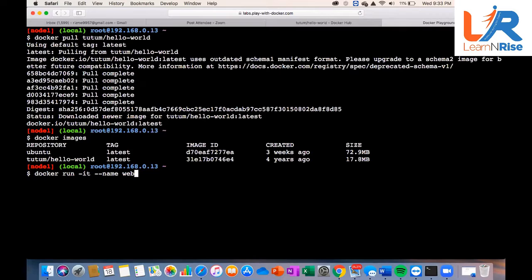Space. Now since it is a web server, it needs to run and be exposed on a port, like port 80, port 81. To expose this image on a port, I am going to use the option -p. -p means port. Space, and which port am I going to expose it on? Port 82.